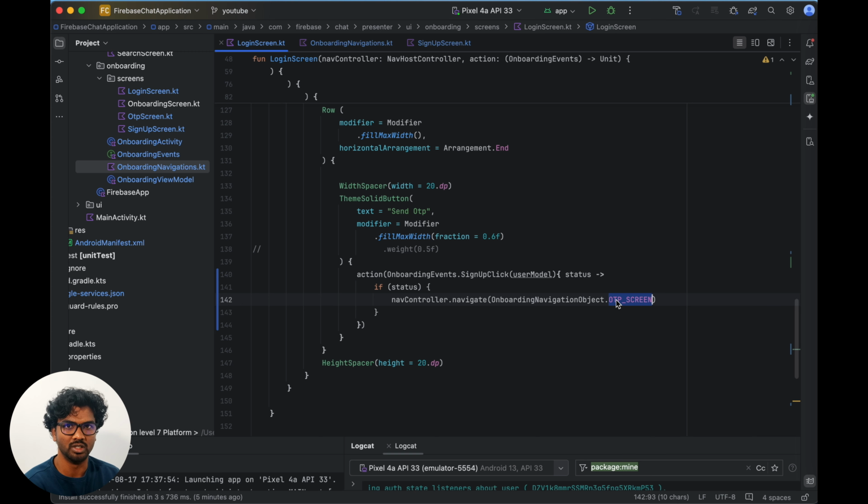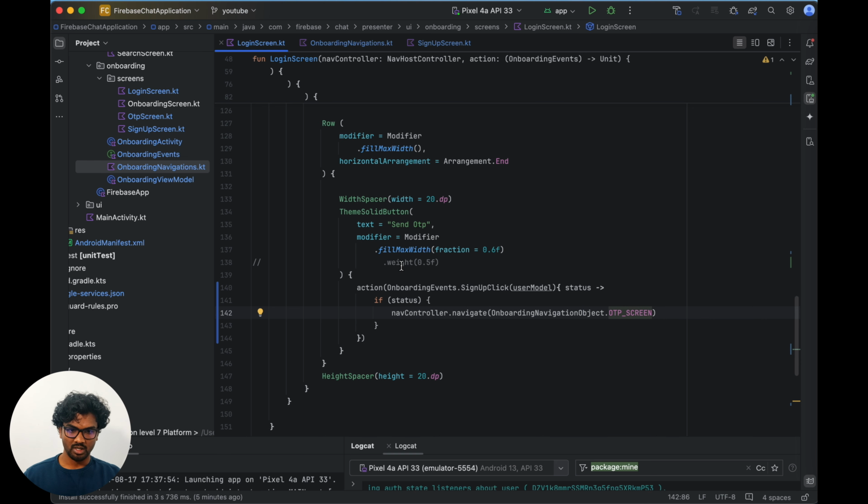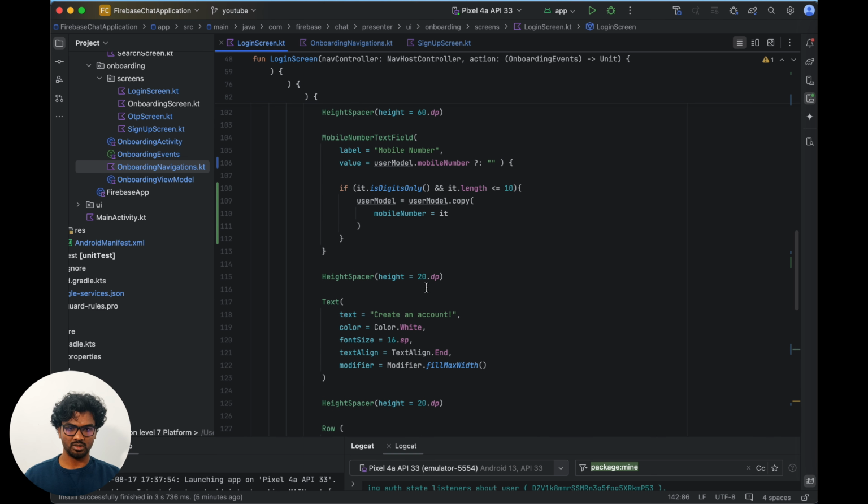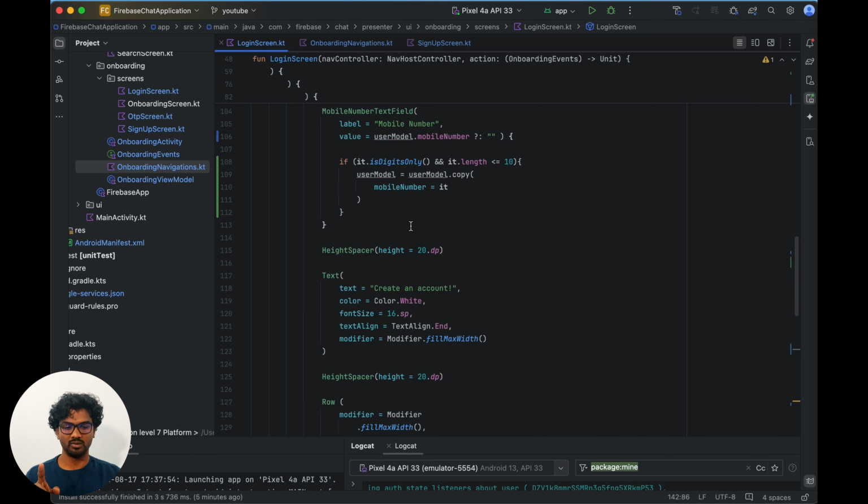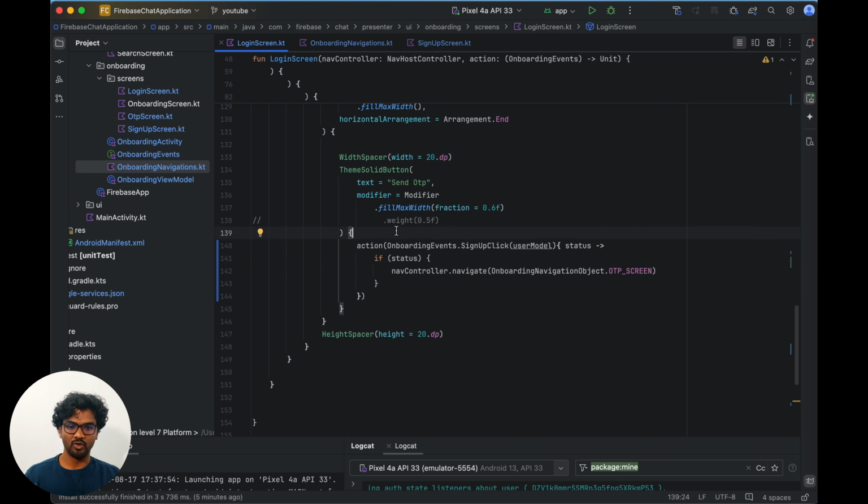So we are going to send the OTP, then we are going to return back the same thing. Okay, so there is no change in the OTP also. On the OTP screen here also we don't want to do anything, so here it is fine. The only thing we need to do is, before clicking or before doing something, we need to check